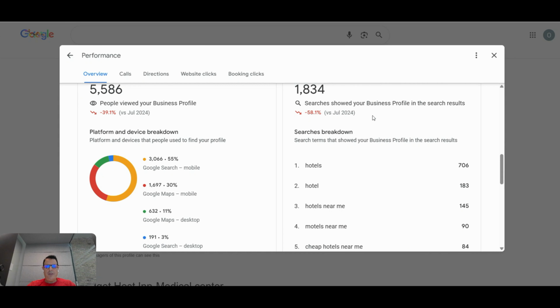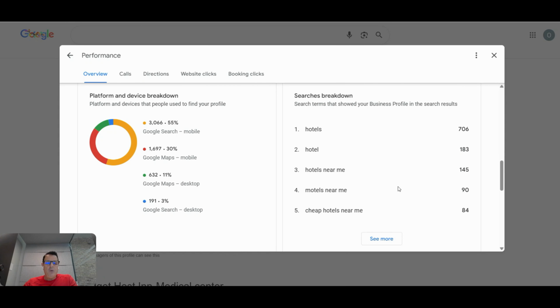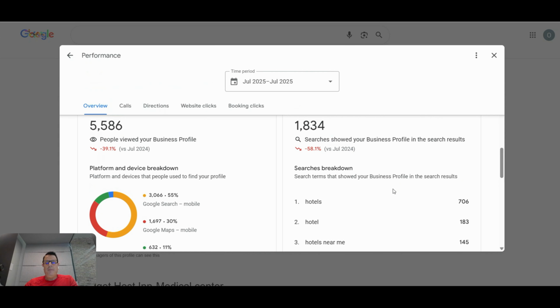Now, why this is so important, these 1,834: if you're going to do any type of advertising on Google, if somebody's going to do advertising for you, basically, you're going to have to use keywords in your advertisement. They're just going to ask you what type of keywords you want to use. These are the keywords that you're going to have to review, and these are the keywords you're probably going to want to use in your advertising, because you want your money well spent